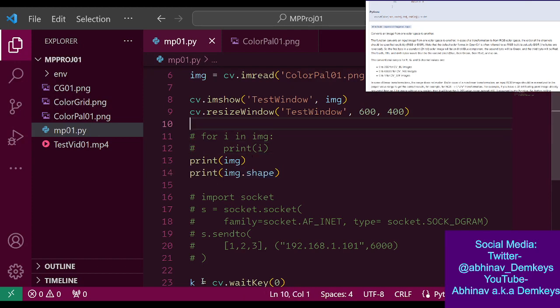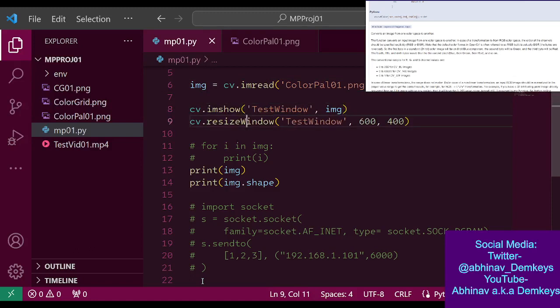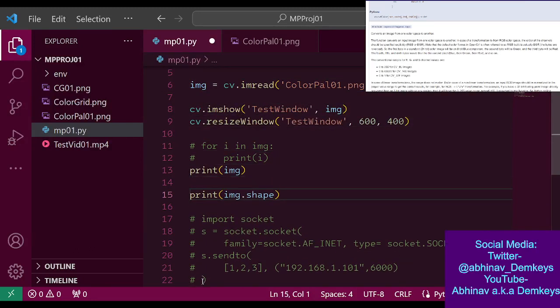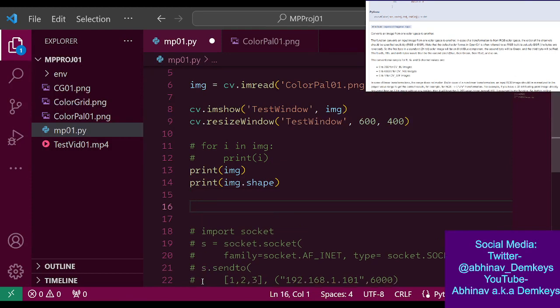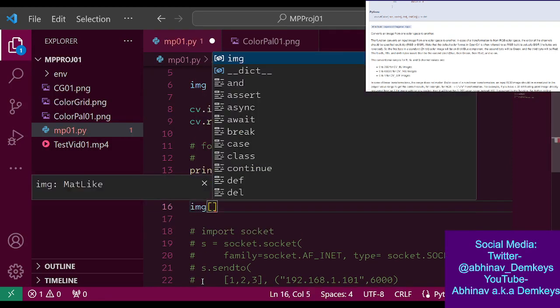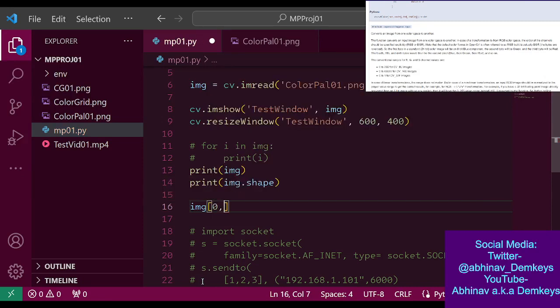So let's say I change, I think it's imwrite. So what am I trying to change here? I'm trying to change the very top, which is white, right? So I want to change, I guess I start at 0 then, right? 0. Let's do the leftmost. So first row, first column,